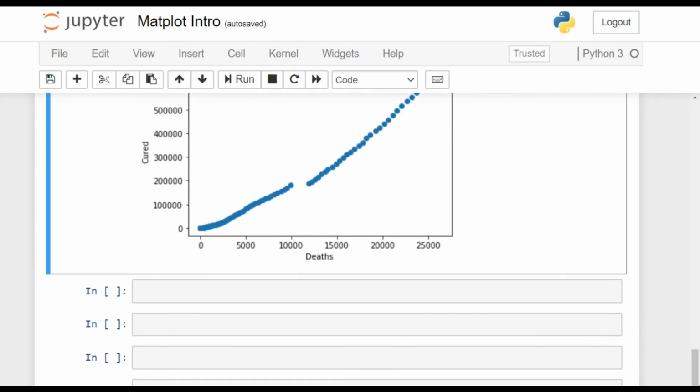Now we have reached the end of this video. We have got the basic idea of data plotting using Matplotlib. We have simply plotted line plots and scatter plots. In the next video, we will study time series data plotting and histogram plots. Time series data plotting is very useful when it comes to analyzing data with time. When the data is varying with time, then time series data plots help us get valuable insights from the data.